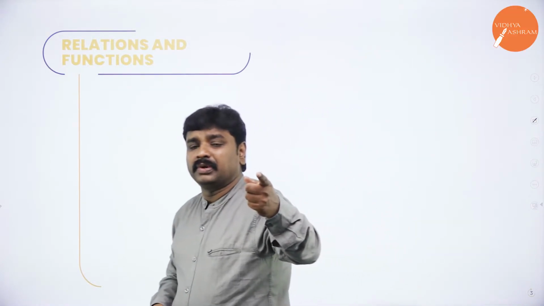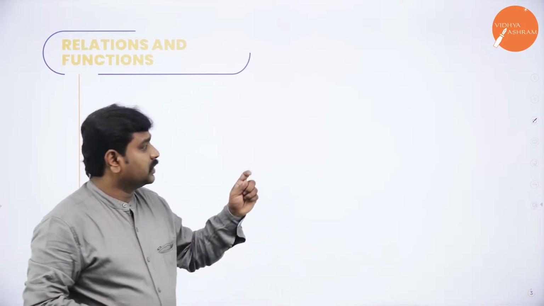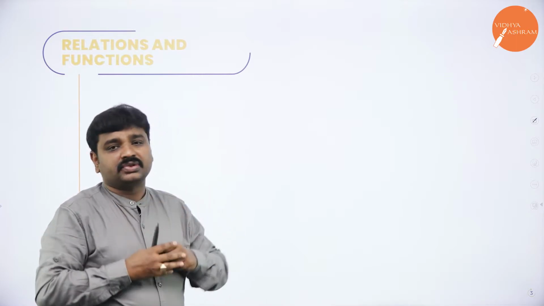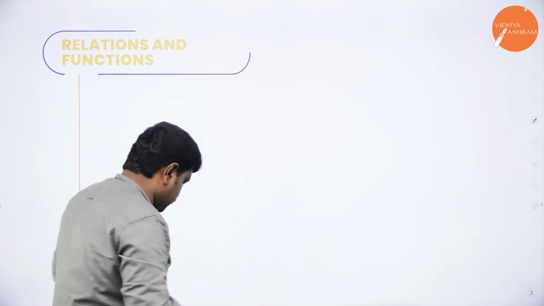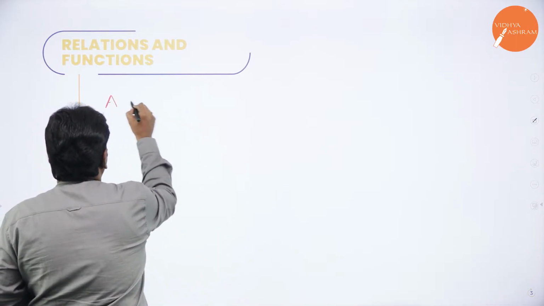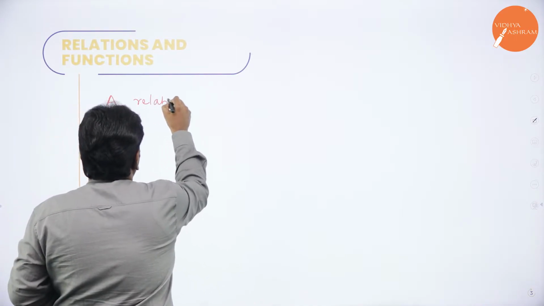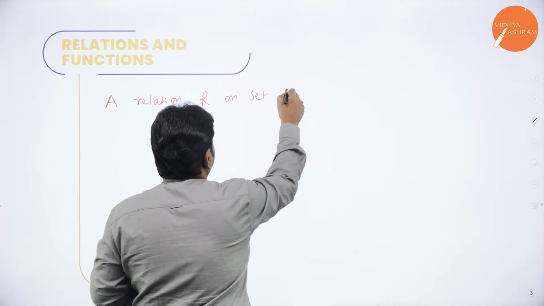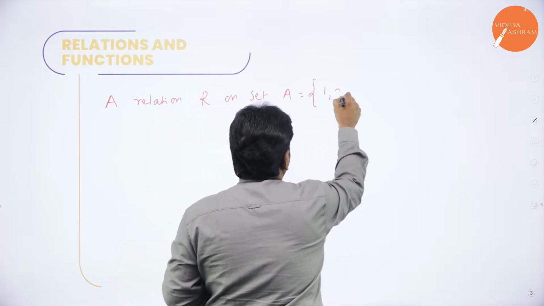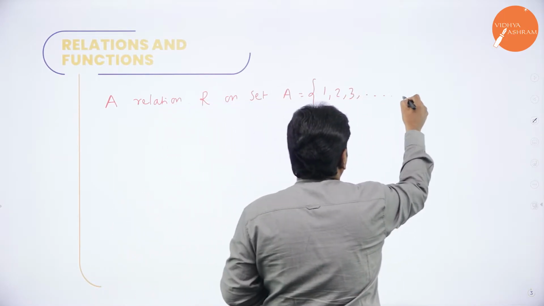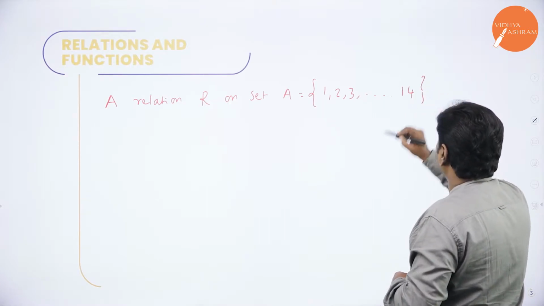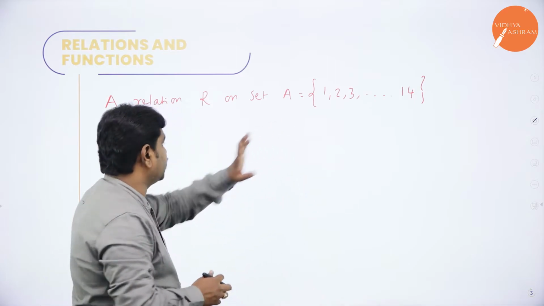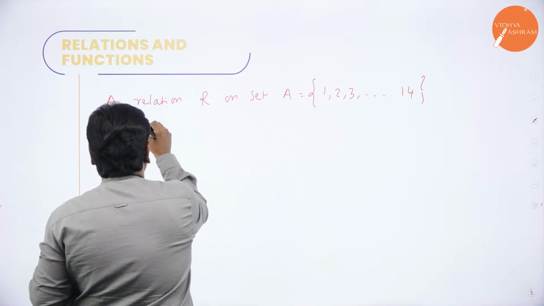Before we go to the next problem, let me check whether you understood this or not. So, we will take a relation. Let me take a relation R on set A is equal to {1, 2, 3, ... 14}. We have taken this many elements. A relation R on set A is equal to this, given by